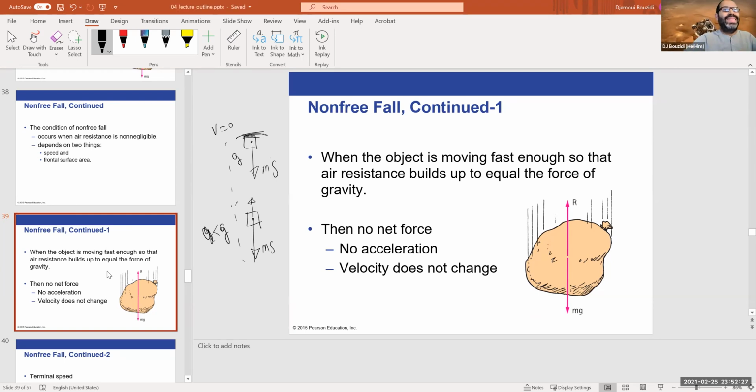In the beginning, it gains a lot. But then the acceleration starts to be less and less, because there is a buildup of drag force in the opposite direction, slowing it down. So it's not going to gain as much as it did in the beginning. And this drag force continues to increase until at some point it's going to be exactly equal to the weight. The object will be moving super fast at that point, so that the weight mg is canceled by the drag force. At that point, the acceleration is exactly 0, because mg minus R is equal to 0, and that is equal to ma, and a must be 0 in this case. There is no more gain